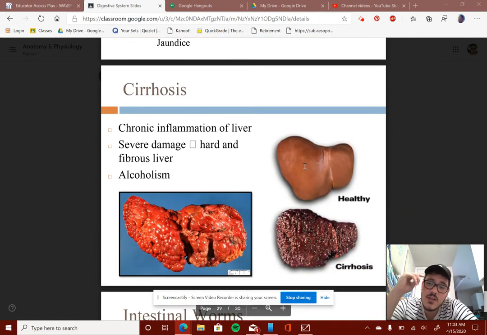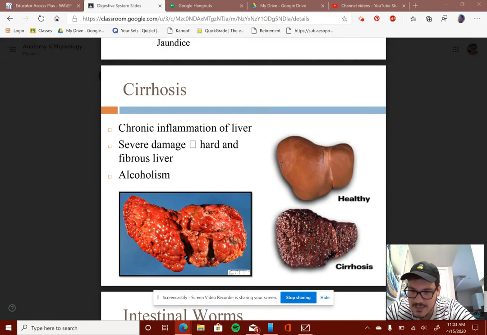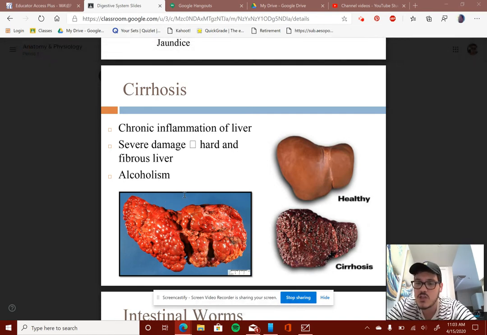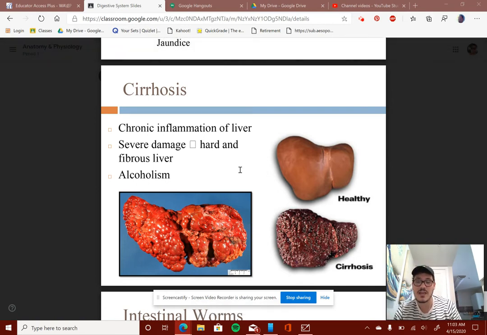Cirrhosis. This is another condition that affects the liver. Chronic inflammation of the liver. So this is unlike hepatitis, where that's a viral infection. This is just inflammation due to a number of problems. Again, alcoholism, you see here, could be directly linked to this. So this is inflammation, and it's chronic, meaning not only does your liver inflame, but it stays inflamed for prolonged